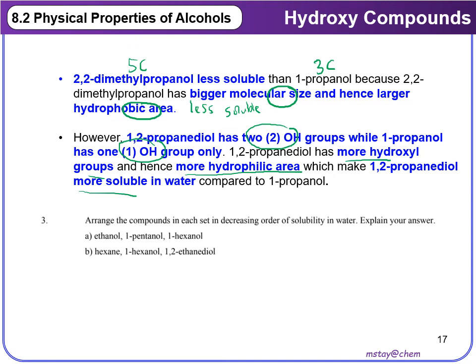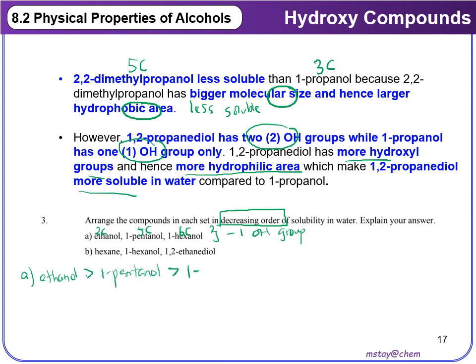Okay, directly we continue with the tutorial question. Question number 3A. Ethanol, 2 carbon, 1-pentanol, 5 carbon, and 1-hexanol, 6 carbon. Basically all these three have only 1 hydroxyl group. For decreasing order, we have to choose the most soluble in water, which will definitely be ethanol, followed by 1-pentanol